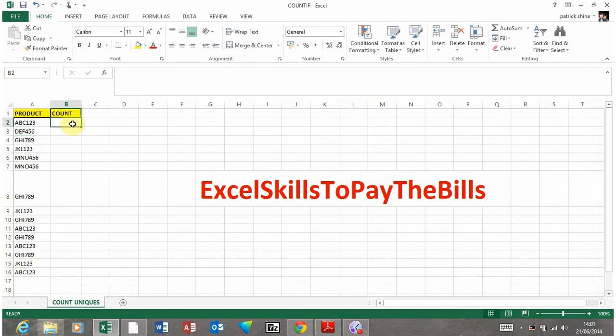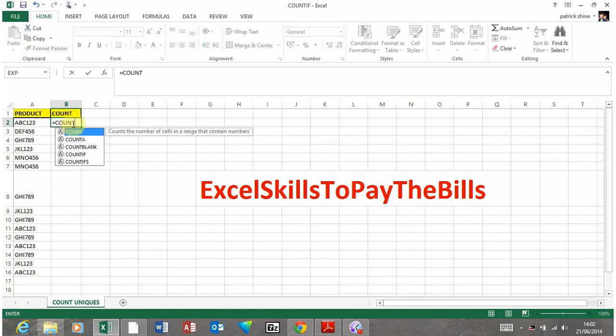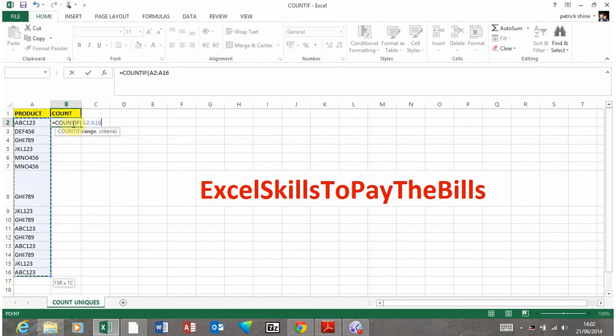You can also count the number of cells which do not equal a specified criteria by employing the does not equal to symbol and the ampersand in conjunction. For example, equals COUNTIF, open bracket, we'll say the range is cells A2 to A16, comma, does not equal to ampersand